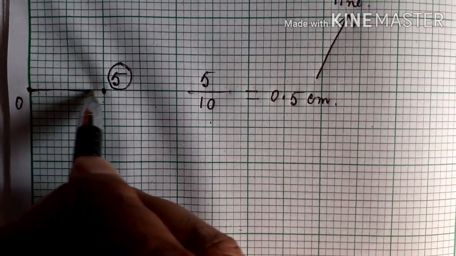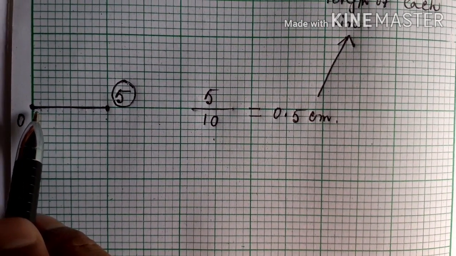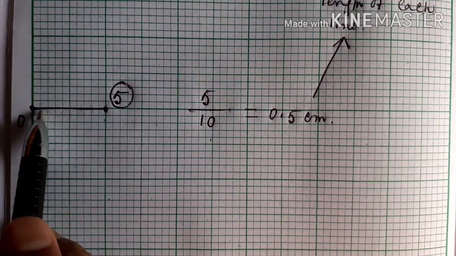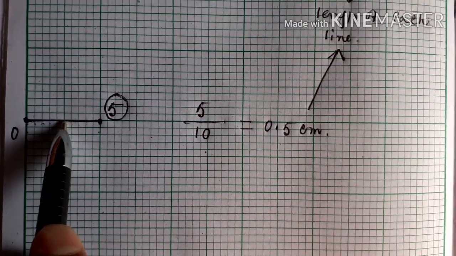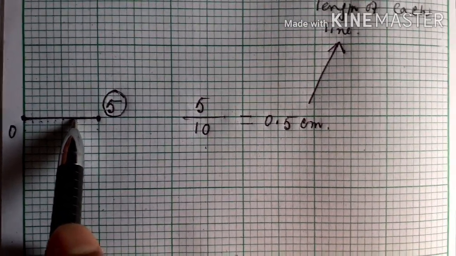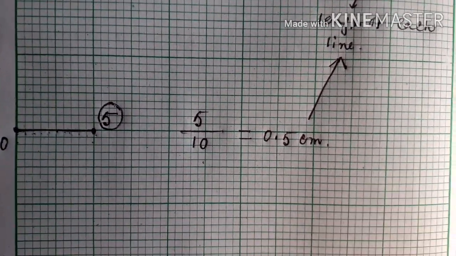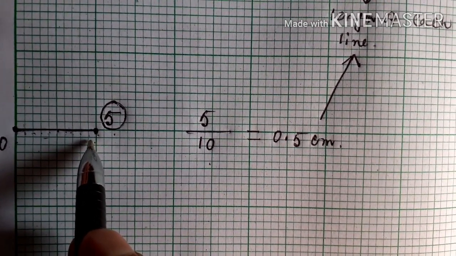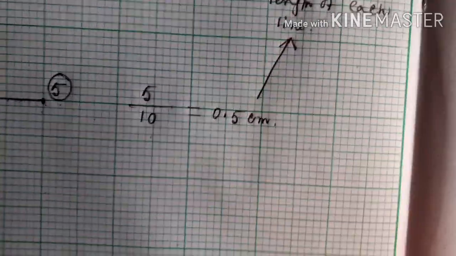So if you draw a line from 0 to 5, then after one line you will get 0.5, then 1 here, after one more line 1.5, then 2, 2.5, then 3, 3.5, then 4, 4.5, and the last one will be 5. So you can easily do that. Whatever number you choose here, divide it by the total number of lines present in between, and then you will get the length of each line. This is how to calculate the actual scale division.